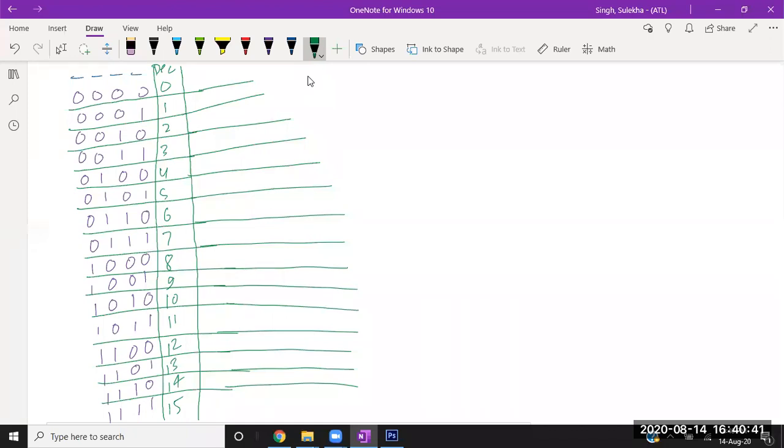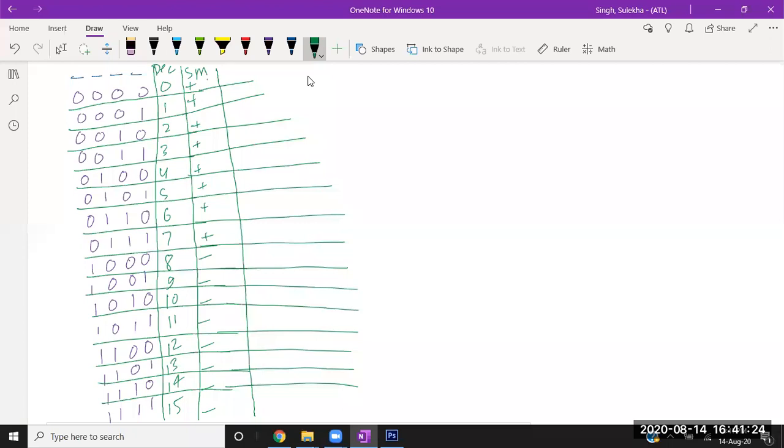But if you want to represent negative numbers also, what you can do is use the signed magnitude representation. If you take the first bit as a sign bit, when it is 0, all these numbers are positive, and if the first bit is 1, all these numbers are by default negative, because you are talking about signed magnitude representation. This is the way you categorize your positive and negative numbers into two parts.